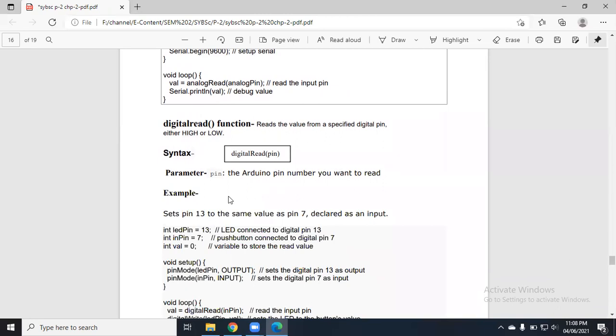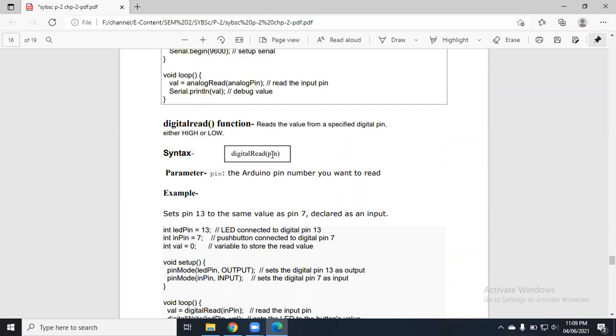After that we have digitalRead. Read means it is going to read the digital value of a particular pin. There are multiple pins present on the Arduino board. Out of that, if you select one digital pin and want to read the data present on that pin, it will be read by the digitalRead function. The syntax is digitalRead, and in brackets the pin number. On which pin you have to read the data, that pin number is specified here. Pin number or pin name, anything will be fine.